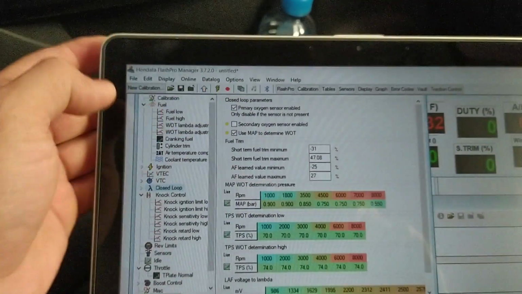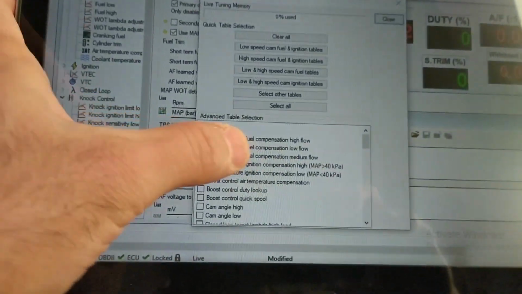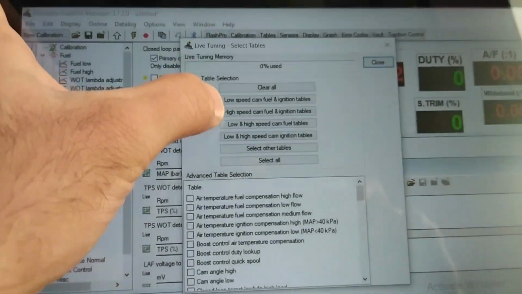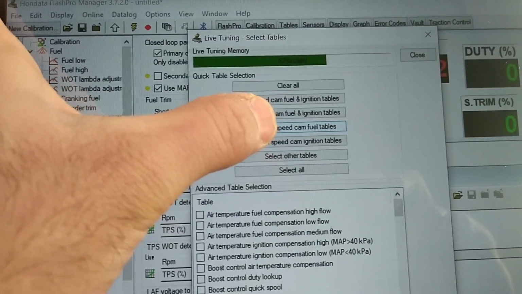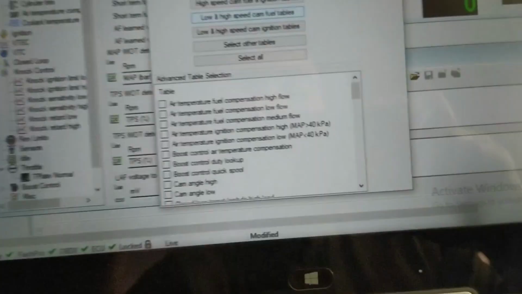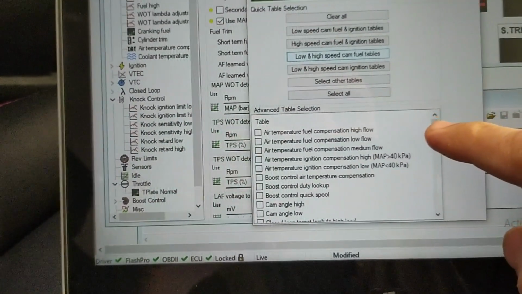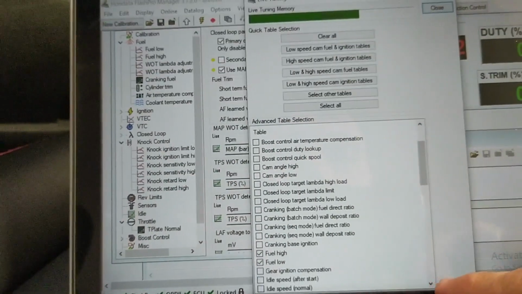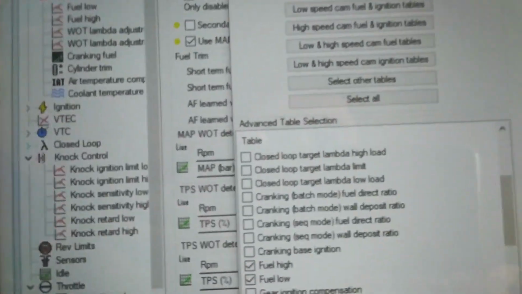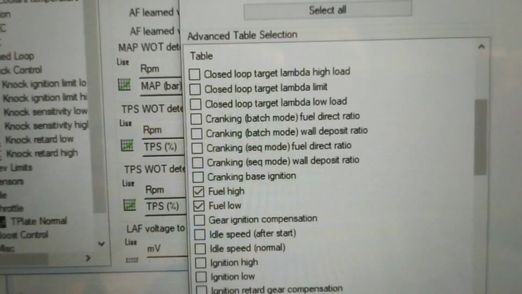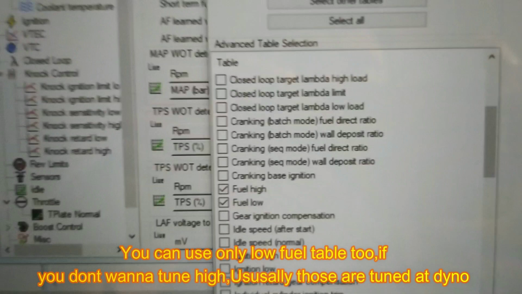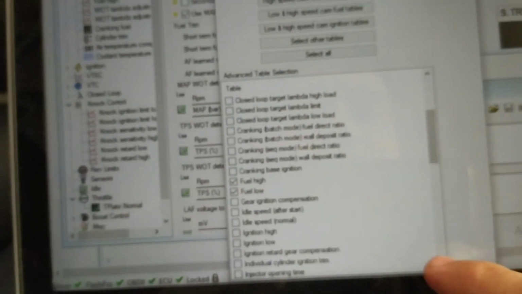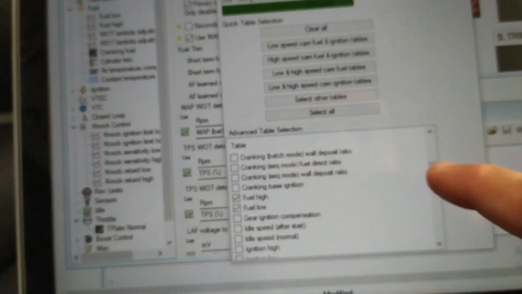Okay, let's now select the tables. Okay, so we will select low and high speed cam fuel tables. This is only fuel table, and let us check quickly the tables. Look, there they are, fuel high, fuel low, and lambda adjustment, low and high.